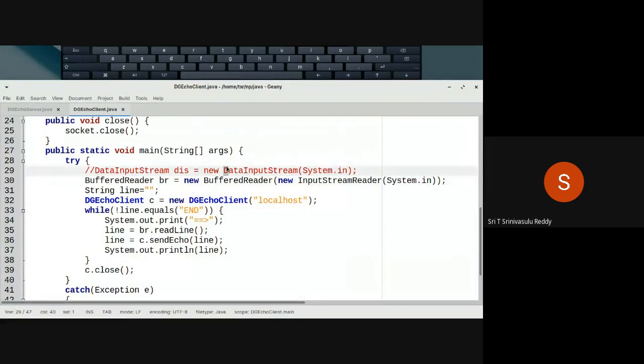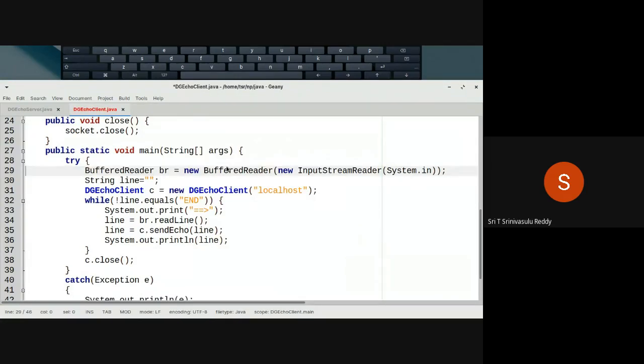Now you can safely remove this particular line, you don't require all this. In other programs also, wherever you are using data input stream to read a line, remove that particular mechanism and try to use a buffer reader to read the lines. That is more meaningful. So essentially, all of you have to actually start using the machine, start writing programs and trying to understand, and slowly become better and better on a day-to-day basis.